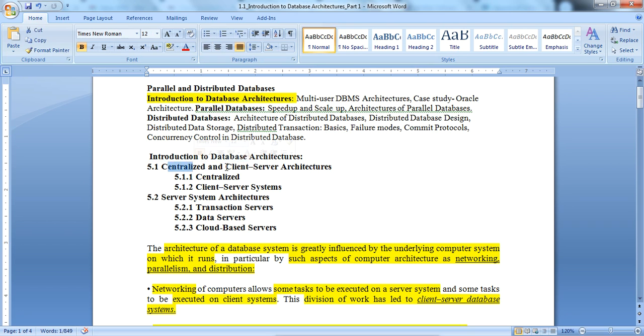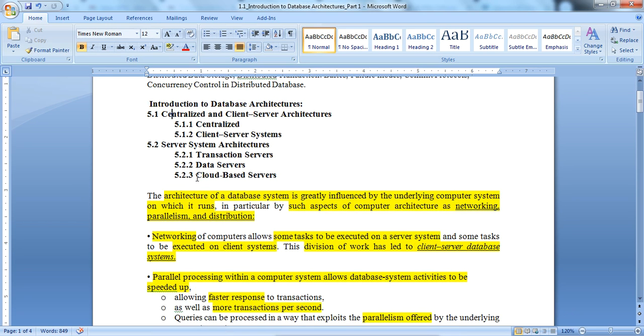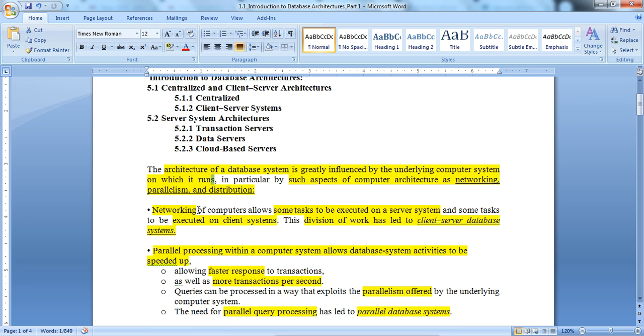It covers centralized and client-server architecture, and then server system architecture, that means a transaction server, then a data server, and a cloud-based server process. All these are particular server types related to a database, because every server stores the data. Then we will learn about them one by one. And before we learn the basics about database architecture,